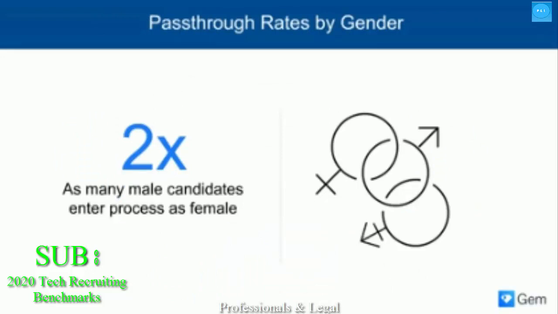Broadly speaking, there's a top-of-the-funnel problem when it comes to gender diversity in sourcing. Across our data, more than 2x as many male candidates enter process as female candidates. Unfortunately, this data squares with other studies in the recruiting industry. LinkedIn's 2018 Gender Insights report, for example, found that recruiters, regardless of their own gender, are 13% less likely to click on a woman's profile when she shows up in a search.